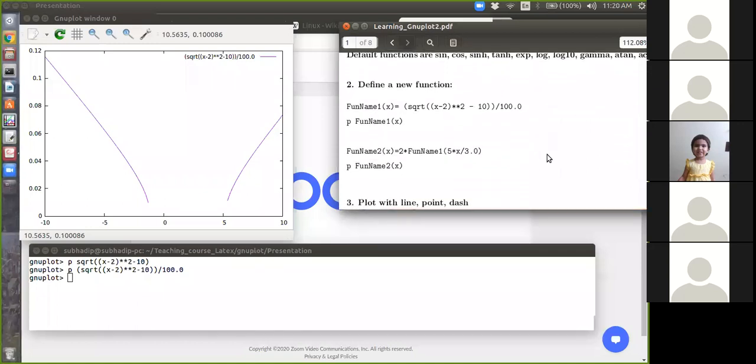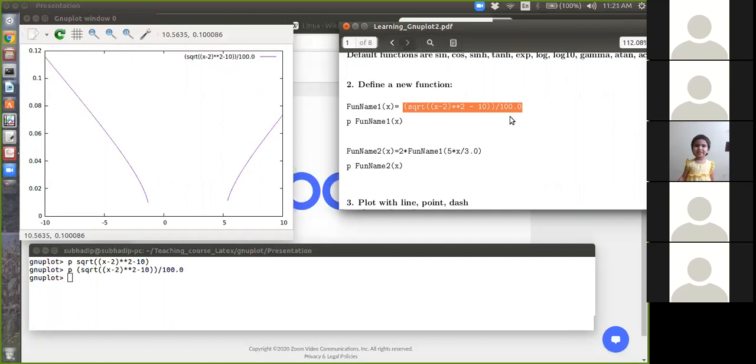Okay, so how to define a new function which is not there? Suppose you want to plot something where this particular thing appears again and again. You don't want to copy these things again and again, it will look very complicated.